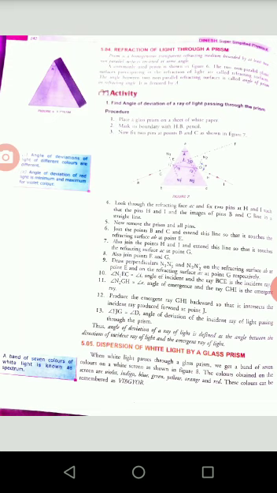After dispersion, one word is spectrum. You see figure number 8 on the white screen. There are 7 colors arranged as violet, indigo, blue, green, yellow, orange and red. So the band of 7 colors of white light is known as the spectrum. Or we can say that when dispersed light is collected on a screen, it forms a band of colors. This band of colors is known as the spectrum of light.